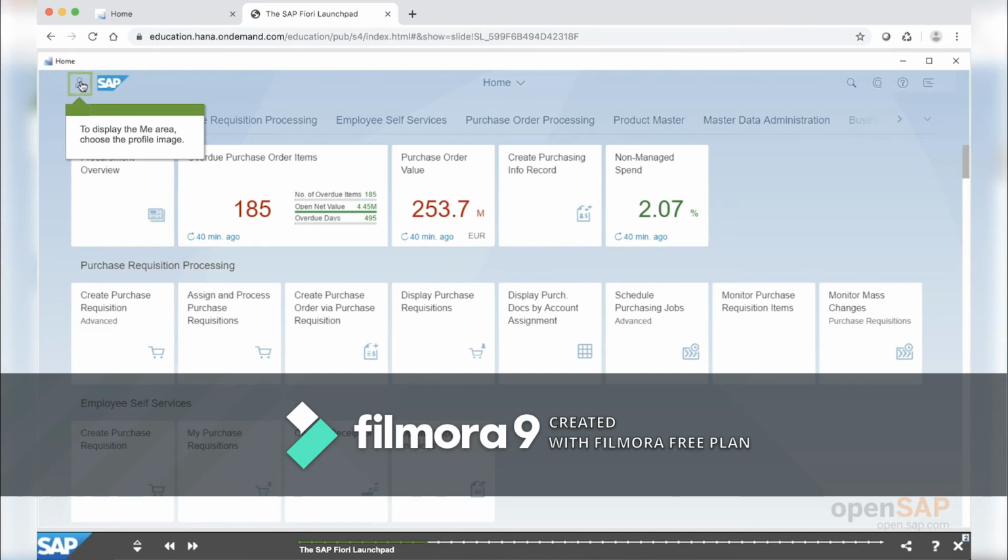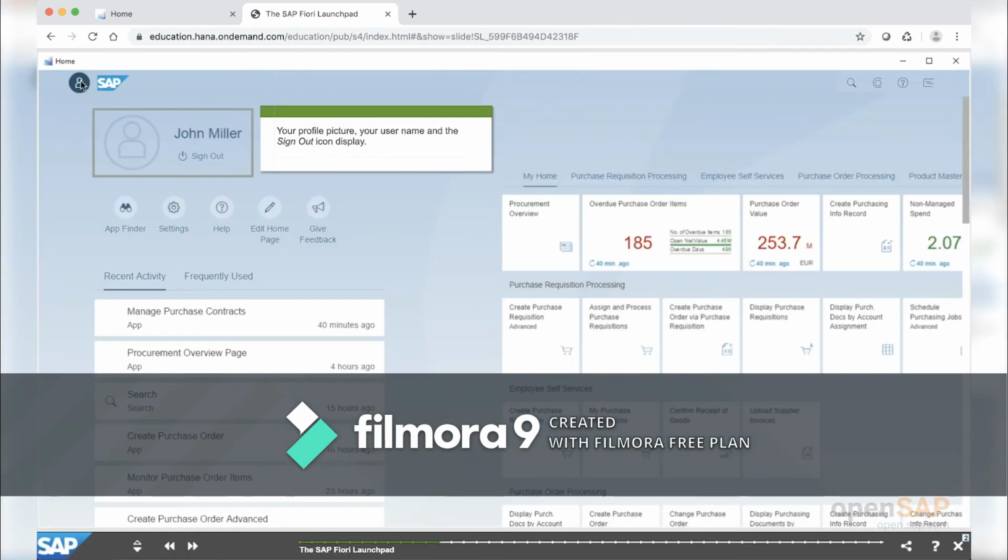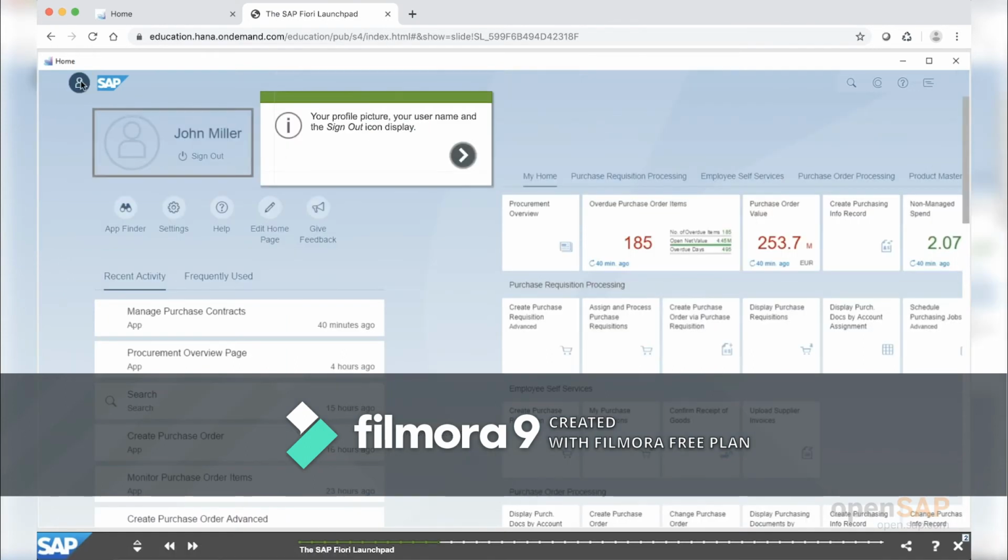This means when I click here, the system behaves somehow like a real system. We have opened up the Me area, the so-called Me area now, and it really behaves like a system. We will see later that there are also entry fields that are interactive, so it's a mixture of a guided demo and